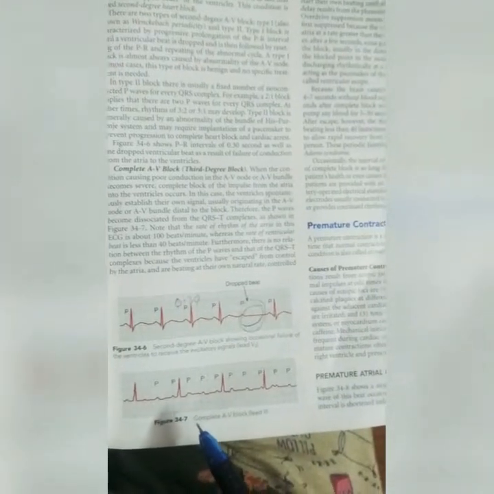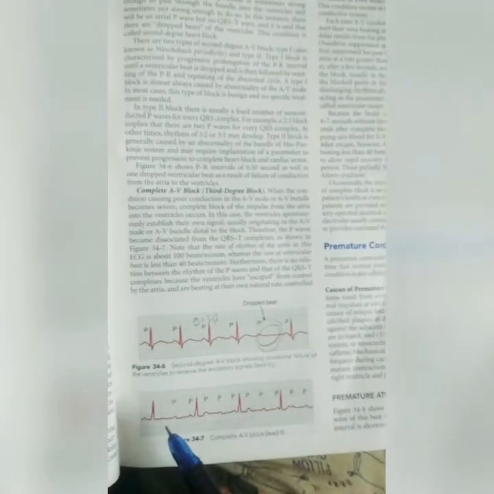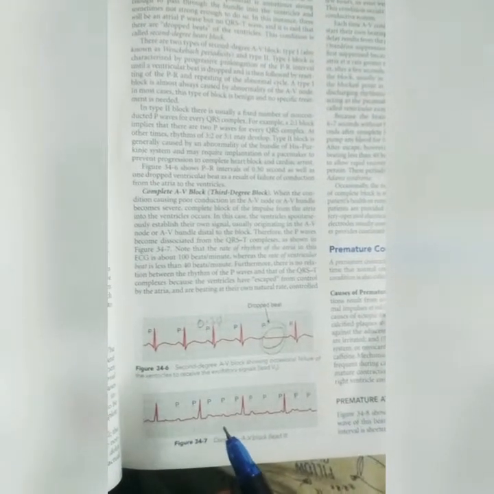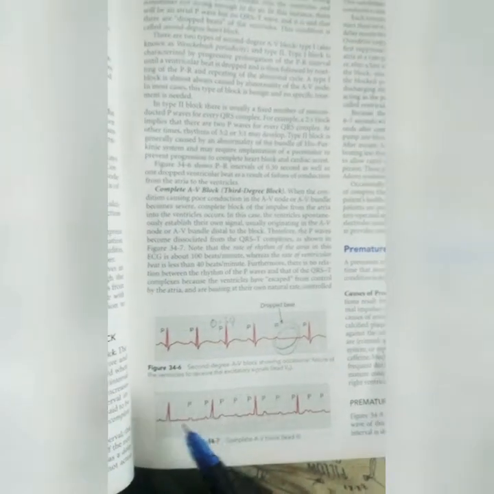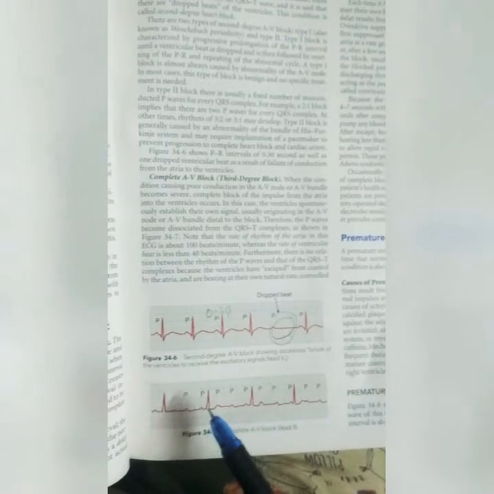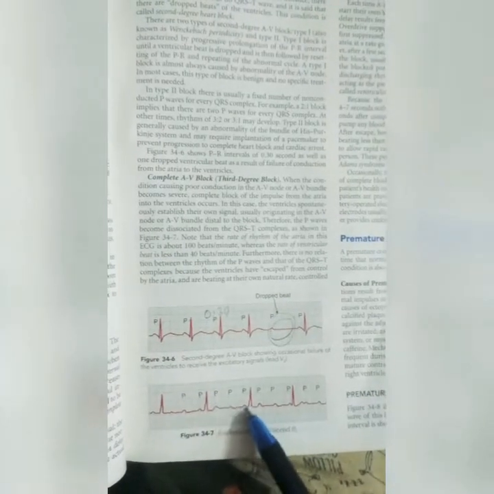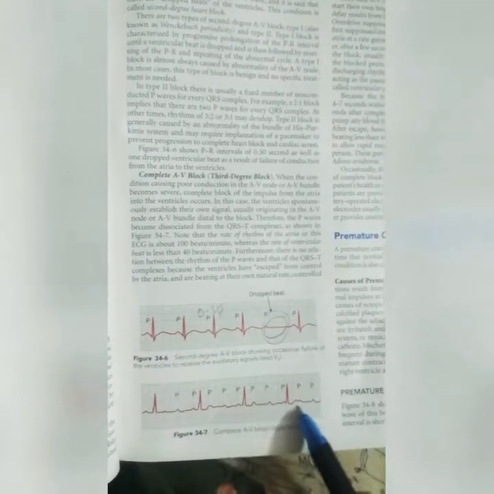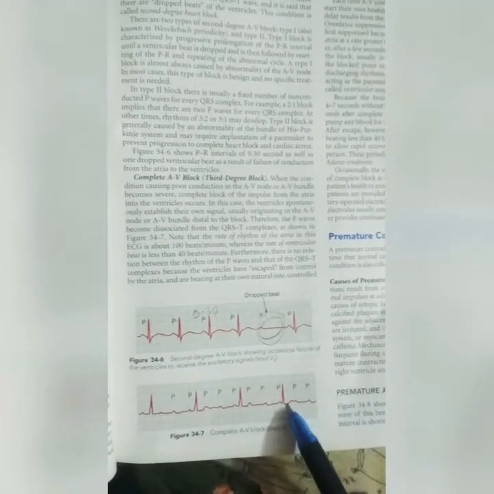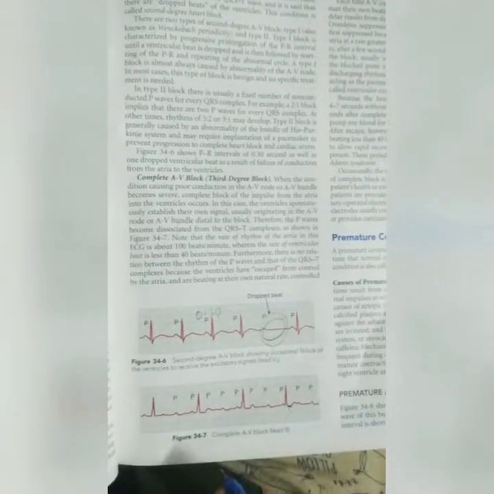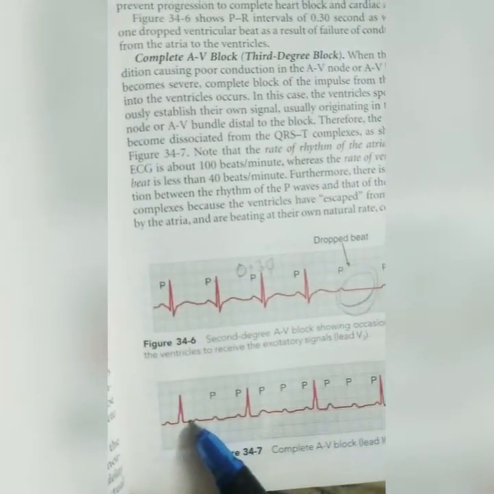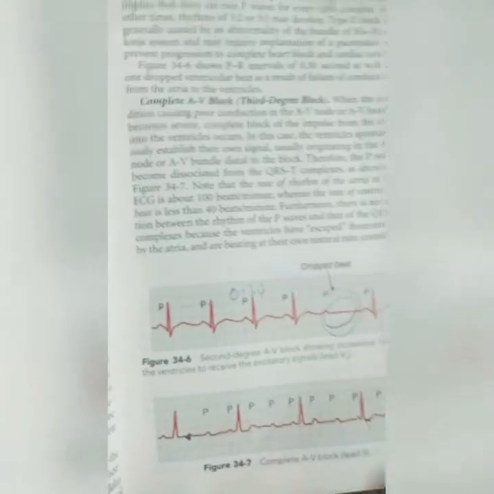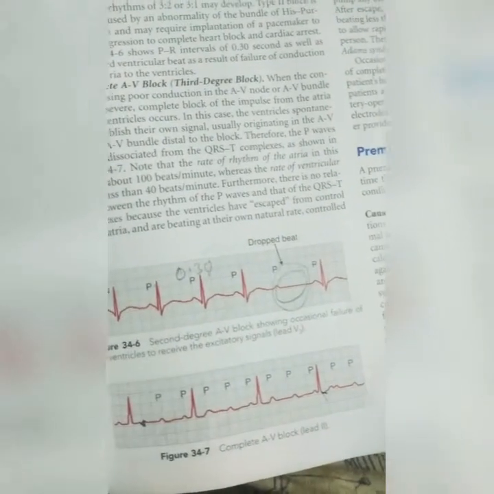And complete AV block. If the AV node is blocked, then the SA node of course acts as a pacemaker, and you can see how the P wave is forming many times. The QRS is also not proper; the downward S component is not clear, and there is some kind of extra. So this is how the ECG looks in a complete AV block, as seen in lead 3.